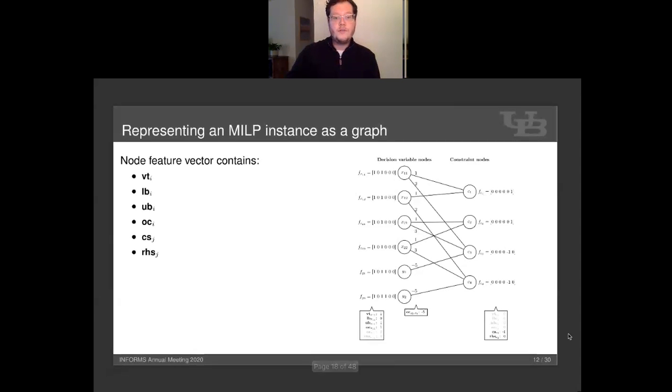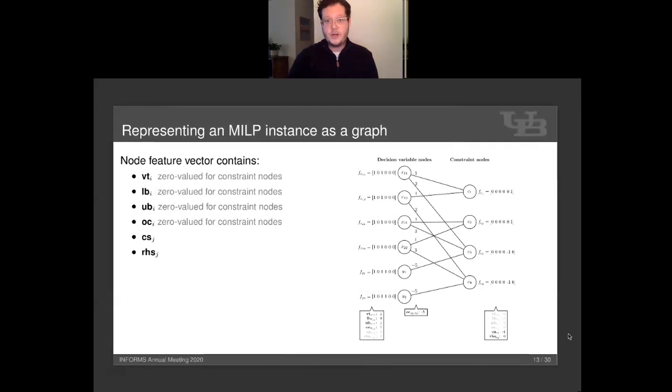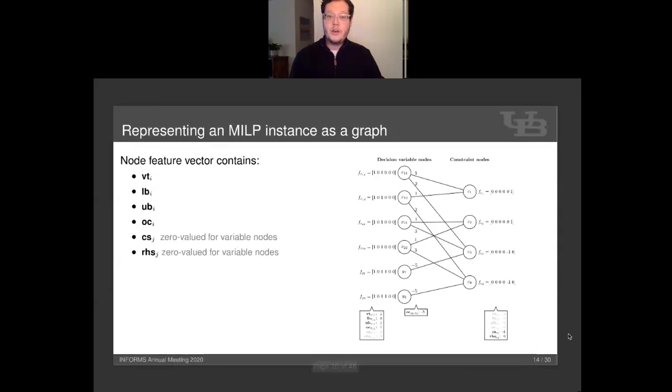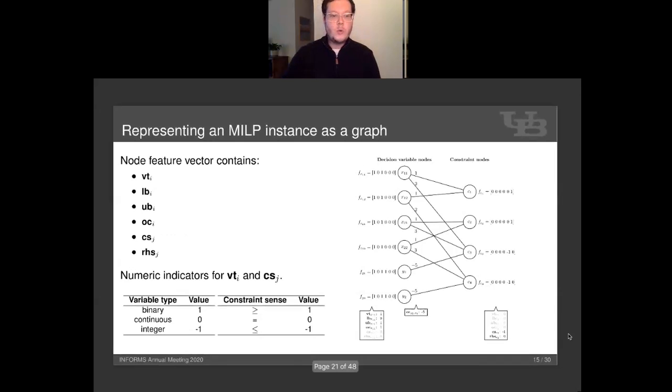These node feature vectors capture 6 additional instance primitives. In order, they are the variable type, lower bound, upper bound, and objective function coefficient, which will obviously be zero valued for constraint nodes, followed by the constraint sense and right-hand side value, which will be zero valued for variable nodes. Of course, we need numeric values in these feature vectors, so we introduce numeric indicators for both variable type